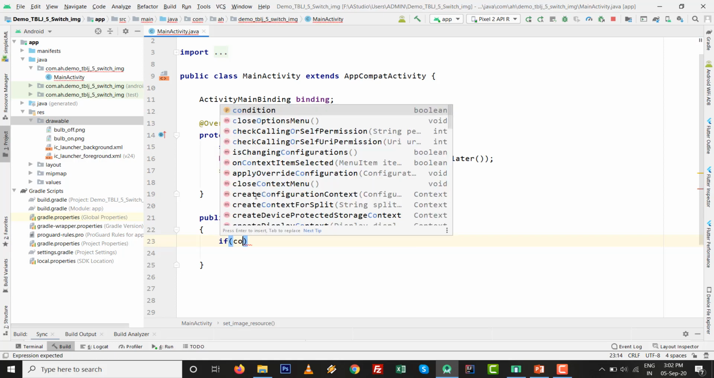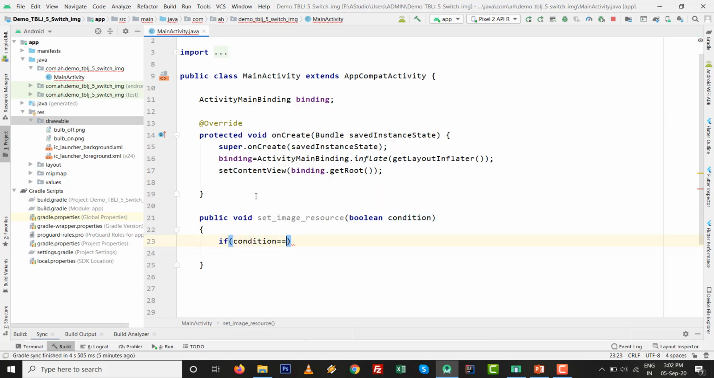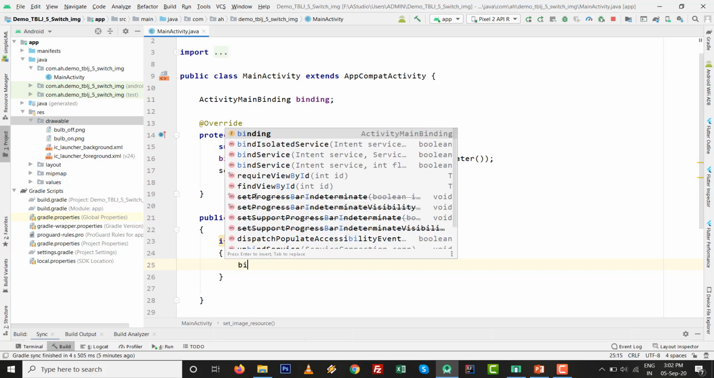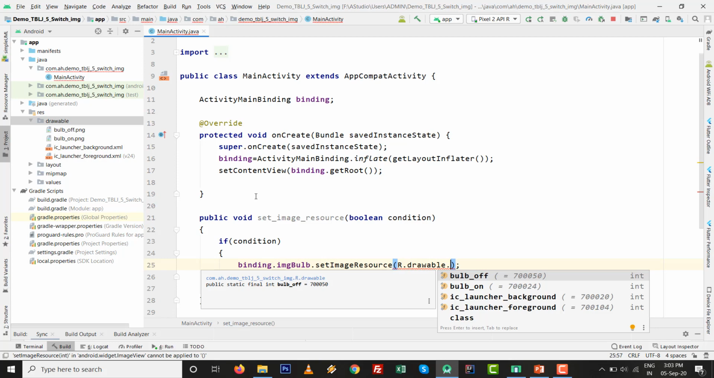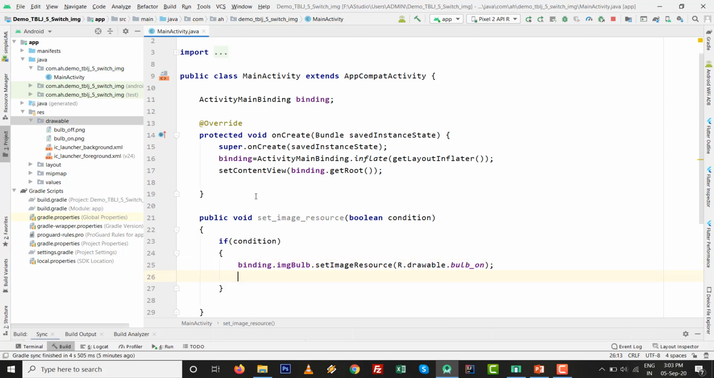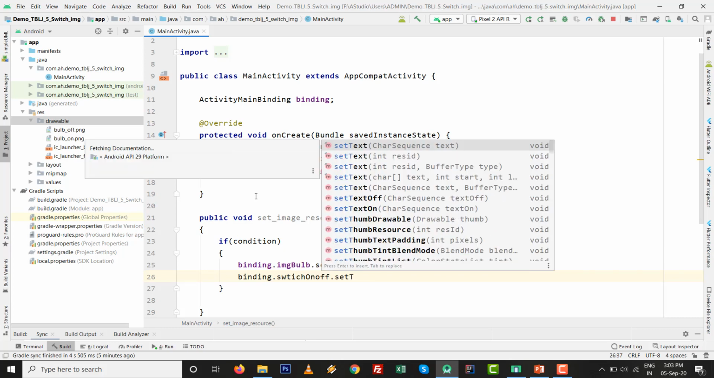So if we write it without the condition equals to true, whatever the execution part will be over here, because the if condition itself is of boolean type. So if condition means if true, then what we want to do: I want binding dot img bulb dot set image resource, then R dot drawable dot whatever the on value is. Okay, so binding dot switch on off,